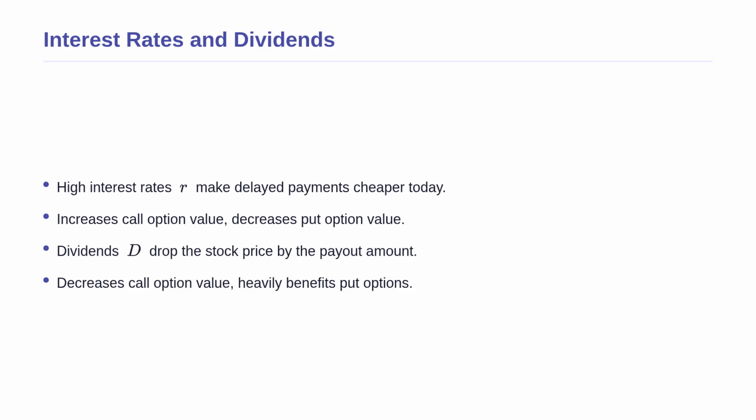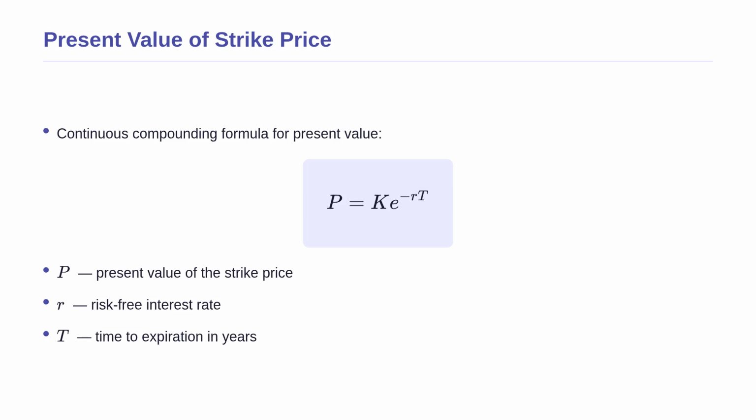Dividends have the opposite effect. When a company pays a dividend, its stock price drops by that exact amount, which hurts call options but heavily benefits put options. To understand the interest rate effect, we use the continuous compounding formula to find the present value